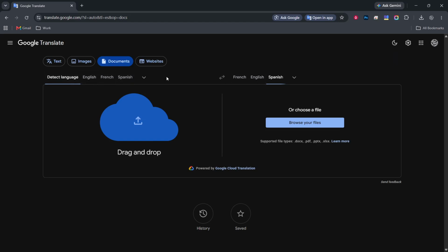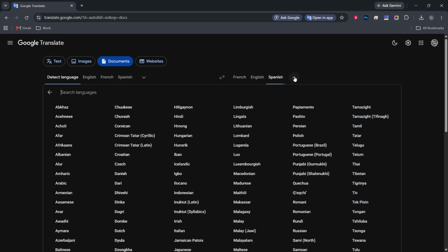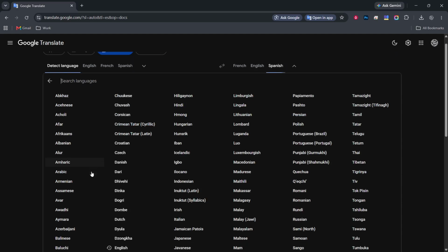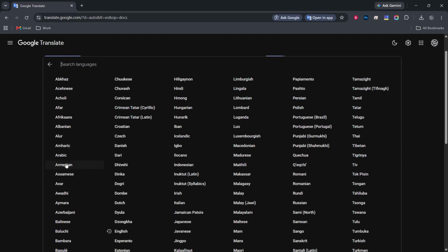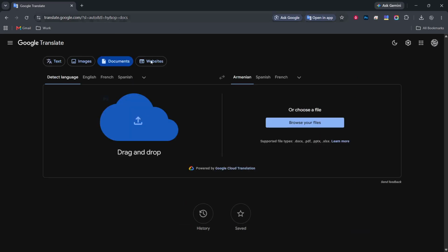Once the page is open, select the source language or click Detect Language. The source language is the language of the text you already have. Look at the small row of language buttons above the left text box. You can click a language name there, for example English, to tell Google Translate what language your original text uses. If you are not sure what language the text is in, click Detect Language in that same row. When Detect Language is active, Google Translate will try to recognize the language for you as you type or paste.